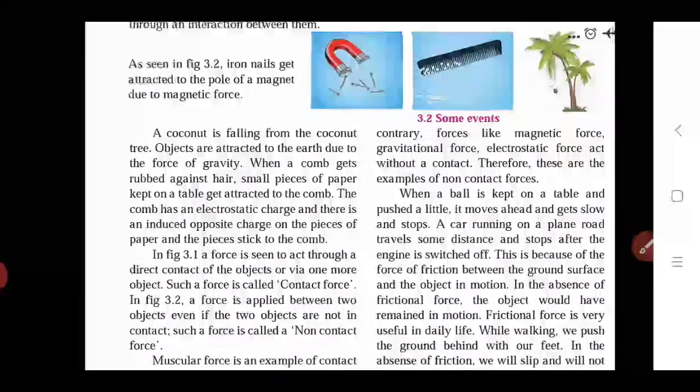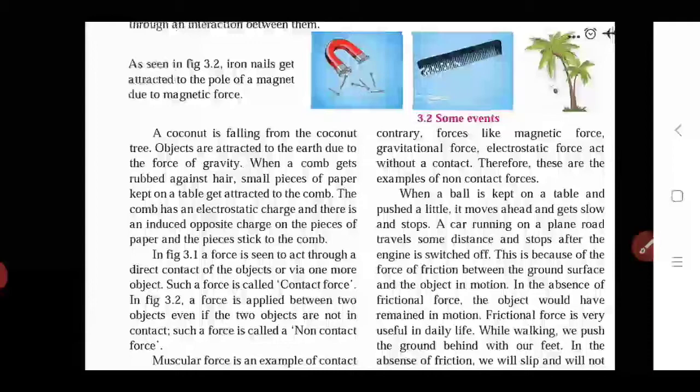Okay, so I will explain all of this again with these examples. In figure 3.1 we see examples of how force is applied between the car and this man. In the second example we see the reluctant dog and his master, and how both apply force on one another. The third example is a boy kicking a football. In all these examples, direct contact takes place between two objects, or there may be more than two objects present.